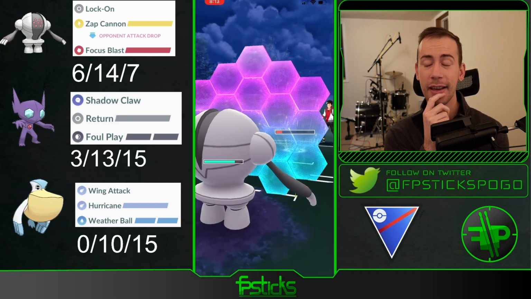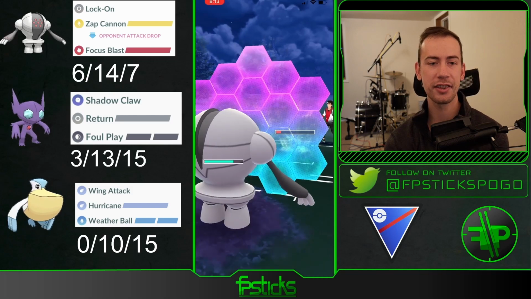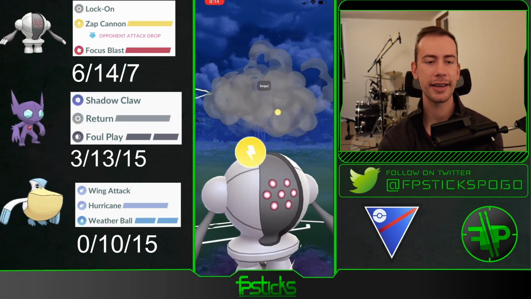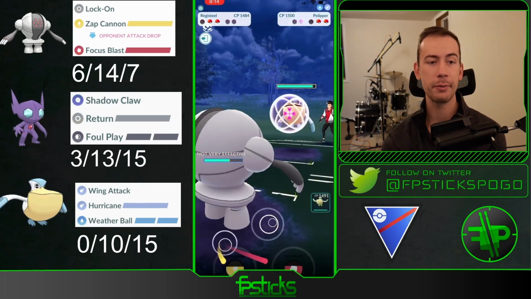And I was thinking, is this a double fairy team? Is this like G-Fisk double charm? They even baited me with Rock Slide. That's so unfortunate. I'm gonna double shield here. Really nice bait on their part. They try to catch a Focus Blast on Pelipper, it looks like, but I am able to get this Zap Cannon off. No debuff either, which is really